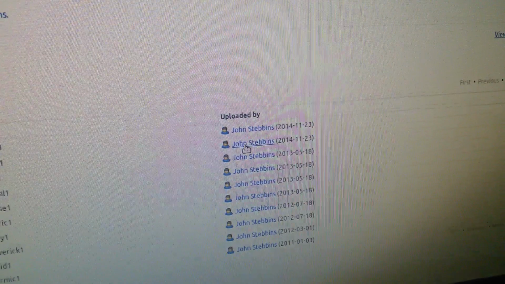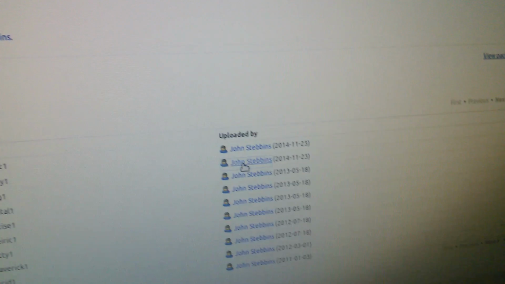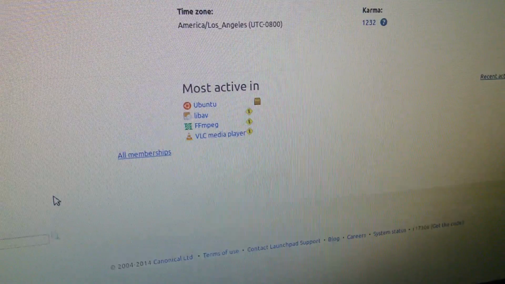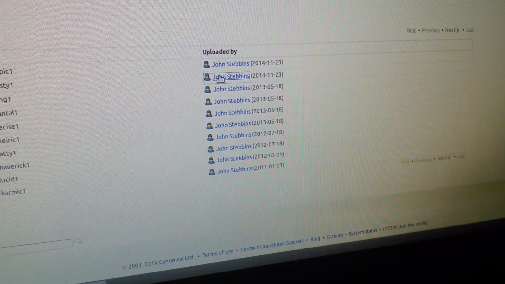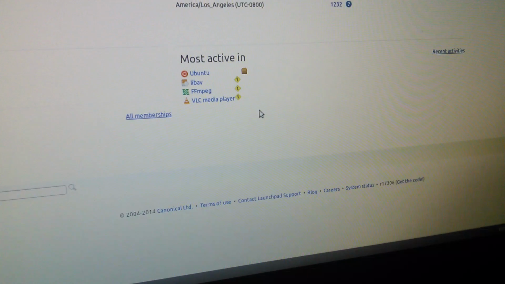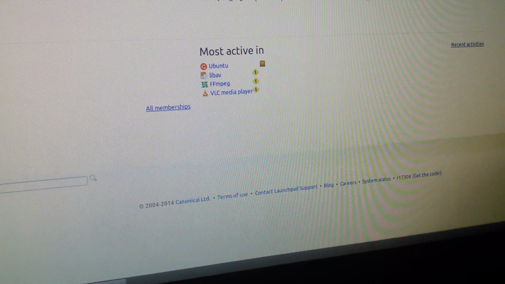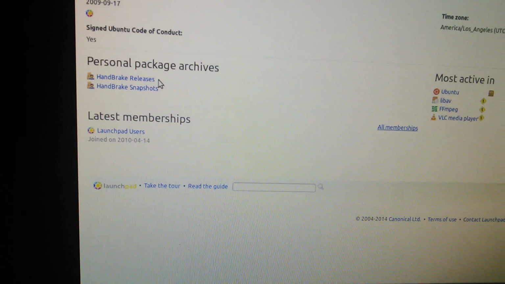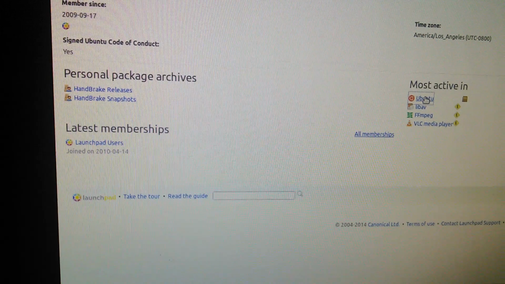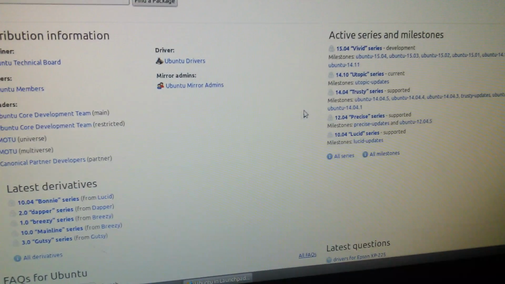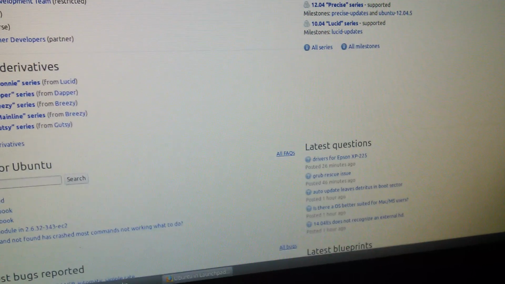All right, right over here, I think it is. This is if you want to manually download it. Handbrake releases. Yeah, this always kind of tripped me up. Anyway,